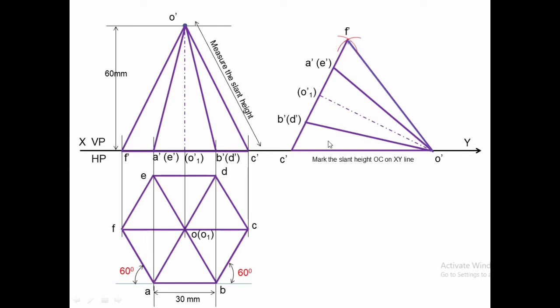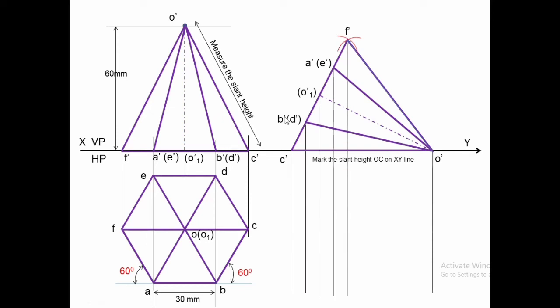Now this completes the second position where CO, the longest edge, is lying on HP, making equal angle, that is CB and CD will be of equal angle with respect to the HP. To get the top view, draw the projectors. Draw the corresponding horizontal projectors from ED, mark ED, get F, O, O1 and O. And from this horizontal projector, you will get A and B.